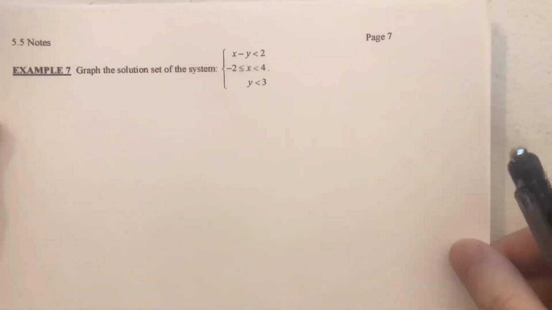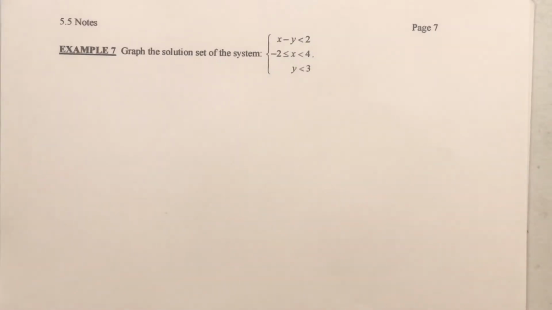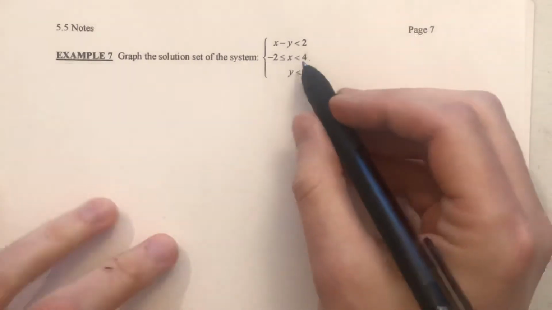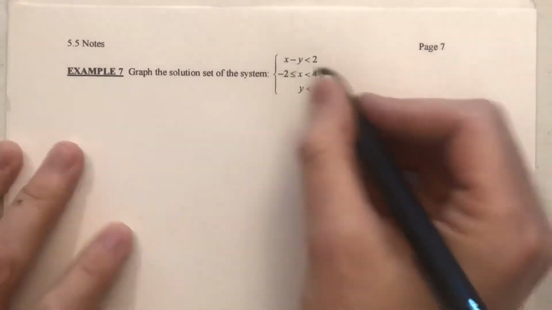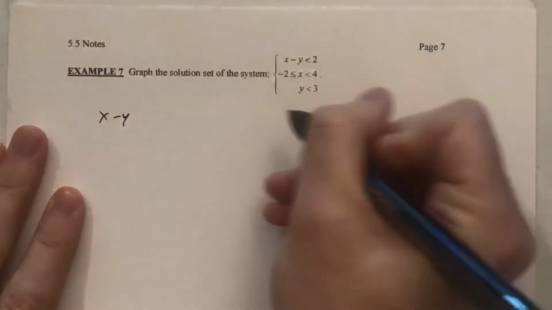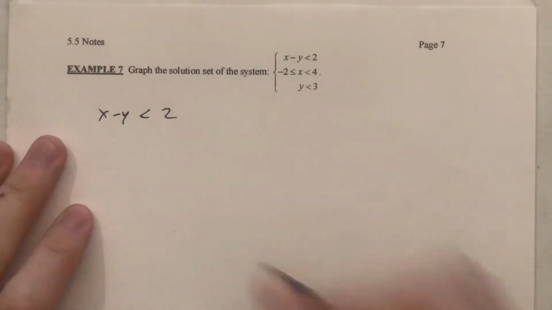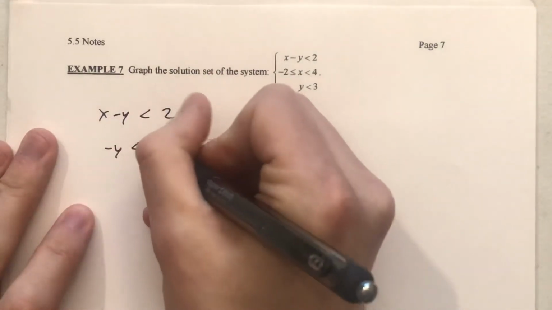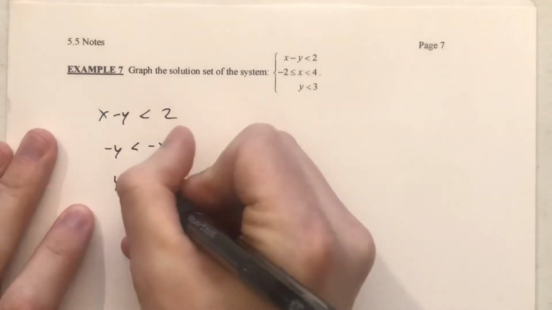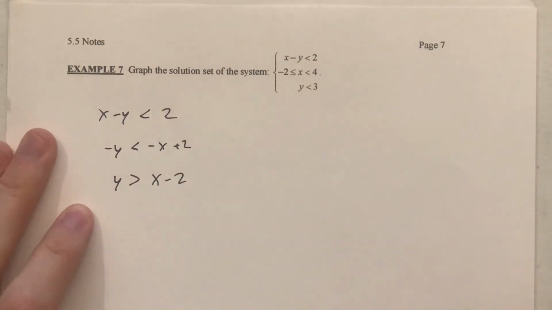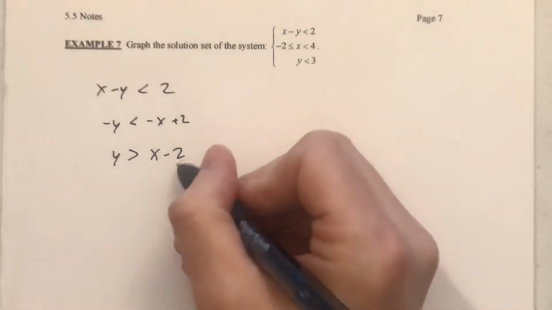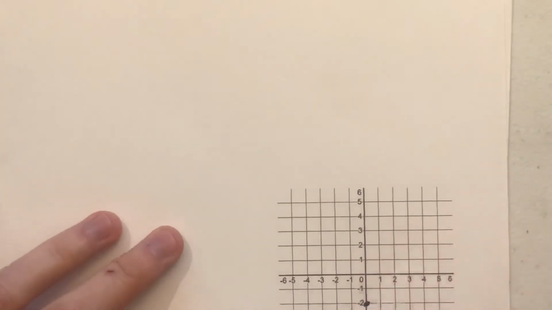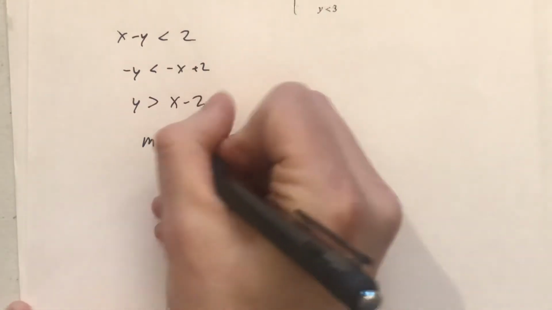All right, let's look at one more. This is just an example with multiple, more than 2 inequalities. It's actually technically got 4 the way it's written, but just to show you, you can work with more than 2. So they're all linear, mostly straightforward here. Let's get this first one in a nice graphing form. So I'm going to subtract the x, divide by negative 1. So that's telling me my y-intercept is at negative 2, and then my slope is 1,